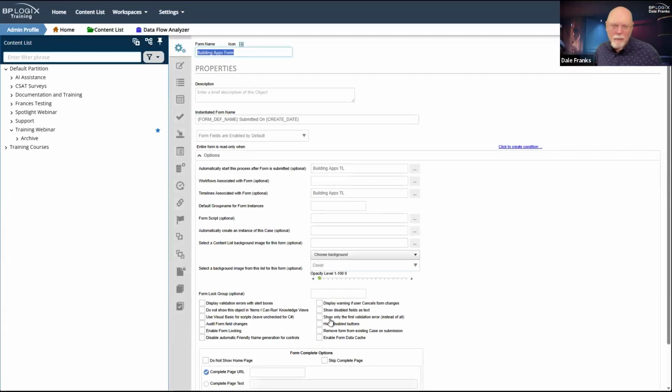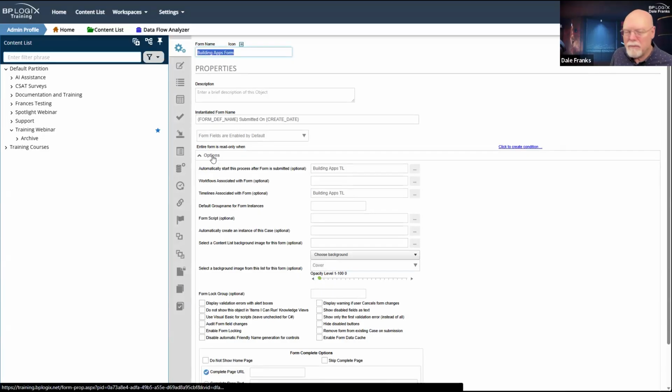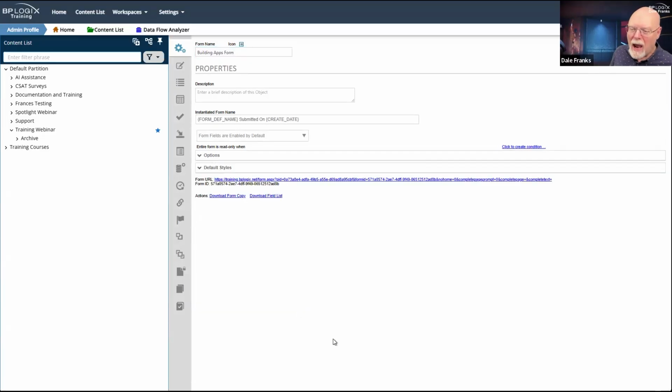Again, it doesn't matter whether you start off with the form or the process timeline. This is the way I do it. Nothing says that you have to do it that way. The order in which you create these things is largely unimportant and largely irrelevant, because you're probably going to have to switch back and forth at least a couple of times to configure both things as you go.